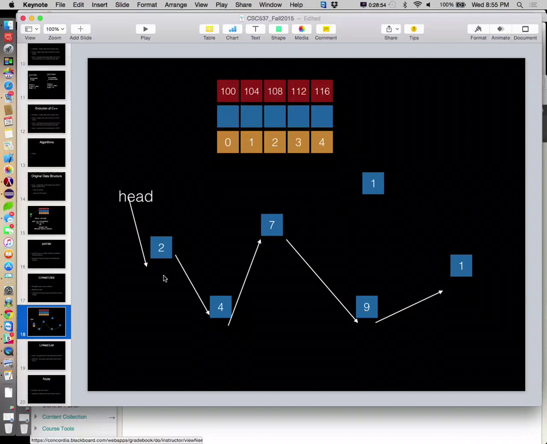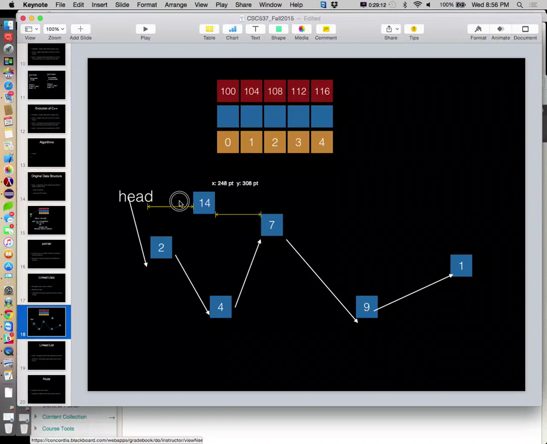I think we've covered enough to understand where those guys live. All right, so now I have a brand new value, 14. And I want to add this guy to the front of my list. So ultimately, I want him to come before the number 2 in this case.